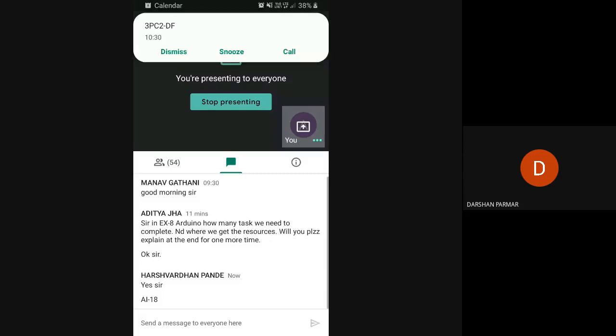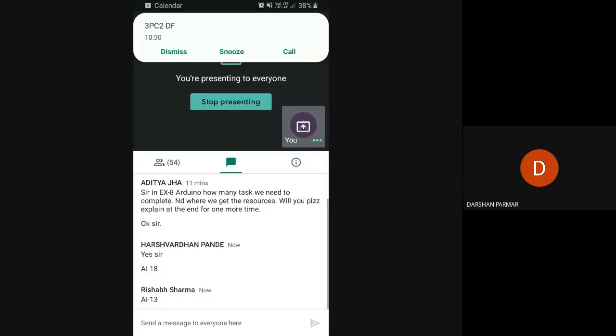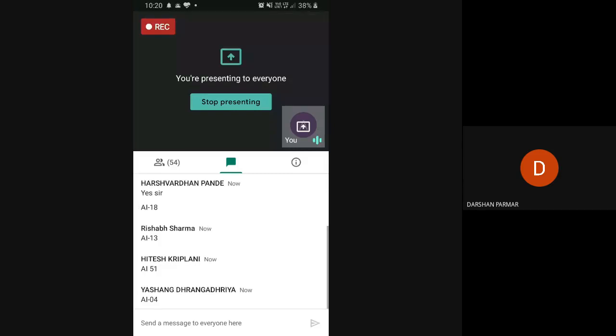AI 18 done, 13 done, 51, big data 02, 24, 31. Okay, just type all the numbers so that I will note it down. Sorry, I 47. You type your number, so I'm just writing those numbers so that there will be no mistake.